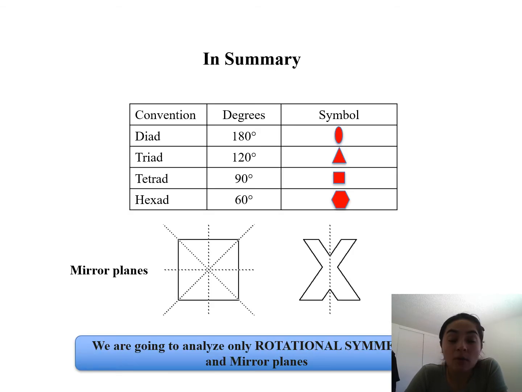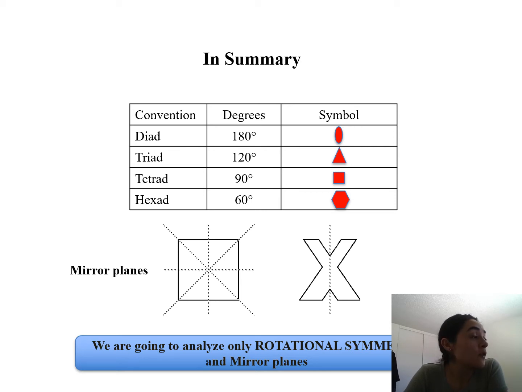So we have talked about translational symmetry, which can be considered the arrangement of atoms that are moved along different directions with different magnitude, and have this arrangement of motifs or atoms. We also talked about rotational symmetry and the different types and how to identify them. For twofold symmetry, we would use this oval shape. Threefold symmetry, we would use this triangle shape, the fourfold symmetry would use a square, and the sixfold would use this hexagonal